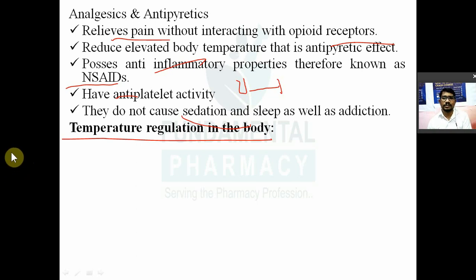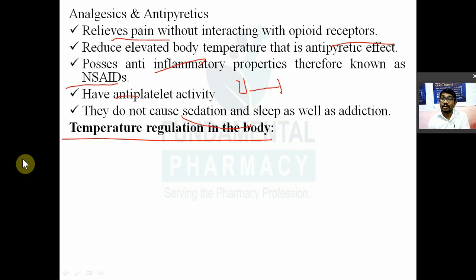Now, how will it decrease? So it will cause peripheral vasodilation, cutaneous vasodilation. The cutaneous blood vessels under your skin will dilate so that the increased temperature inside can diffuse out into the environment. So as the increased temperature decreases, your body will also increase the activity of sweat glands. The activity of sweat glands will increase, and because of that there will be sweating. If you get sweating, what will happen? So obviously that sweat will come on the surface of your skin and it will be evaporated by taking the heat from your body.